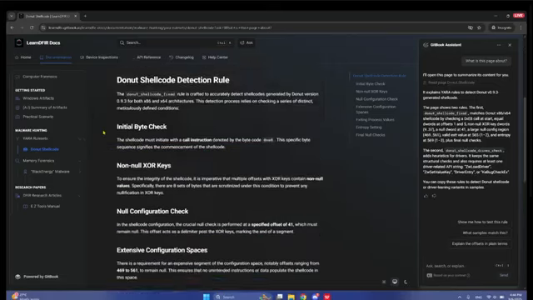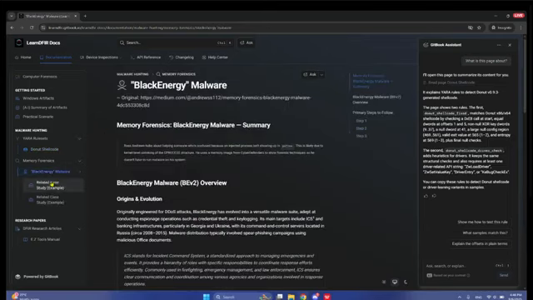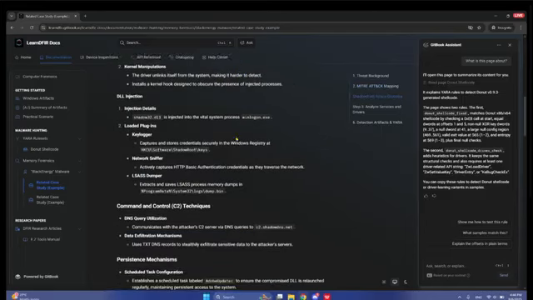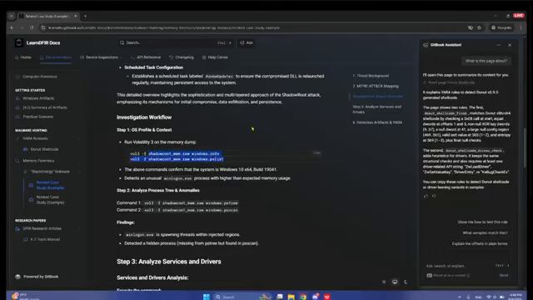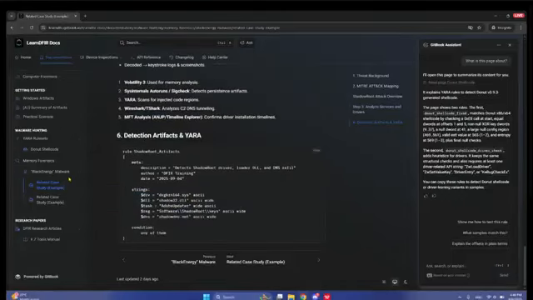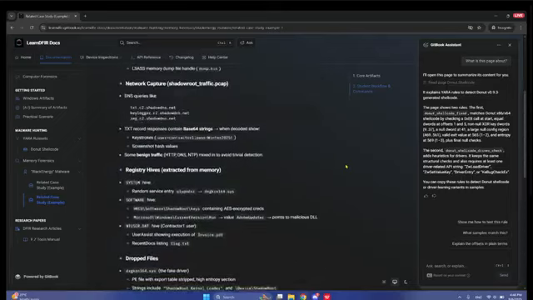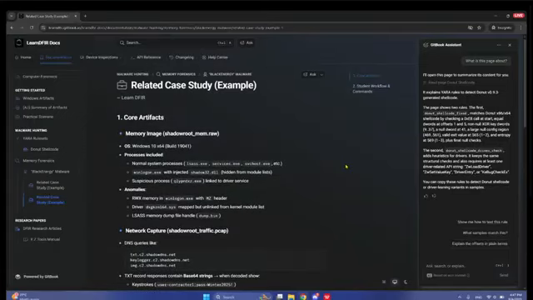So this one. You can always go to the Black Energy malware and read the case studies if you want to, because this gives you different MITRE attacks. These MITRE attacks were added by me. I just analyzed what the Black Energy malware was and gave you guys a table that explains what those are. So everything is explained. There are also Volatility usages that you can rely on, and it also has the Yara rule that you can use for those detections as well. There are two case studies. Both of the cases are made up, and both only orient around Volatility,